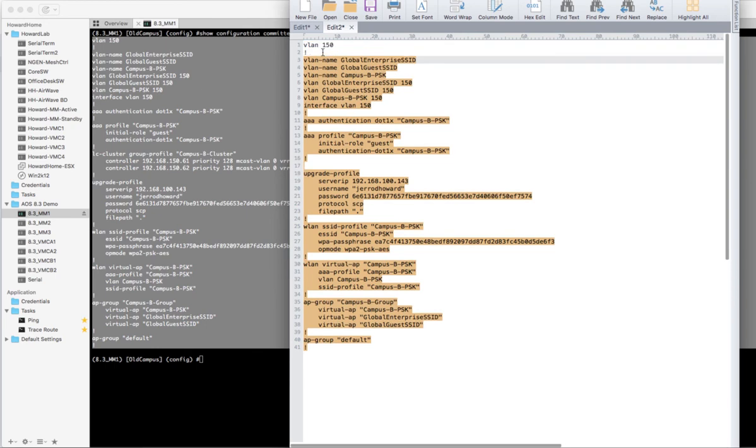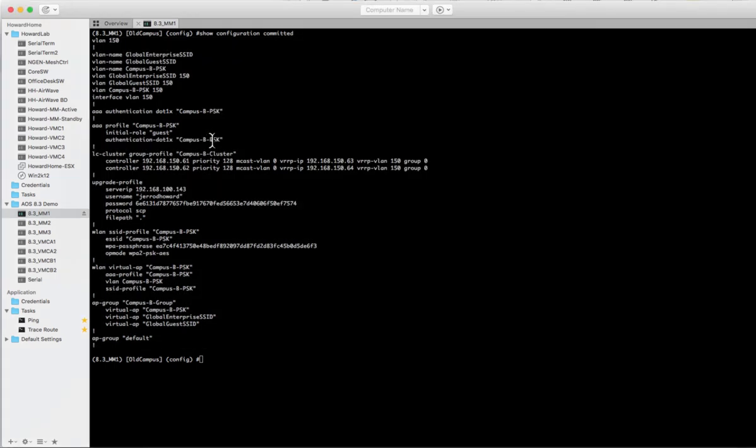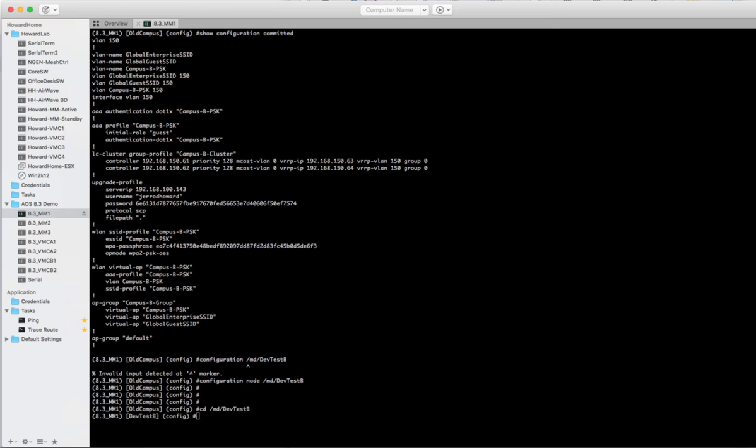So I'm going to go ahead and copy everything from this text file, and then we'll do a configuration, and we'll do an MD, and we'll do dev test B. Oh, configuration node dev test B. So now I can go to MD dev test B, and if I do a show config committed, you'll notice